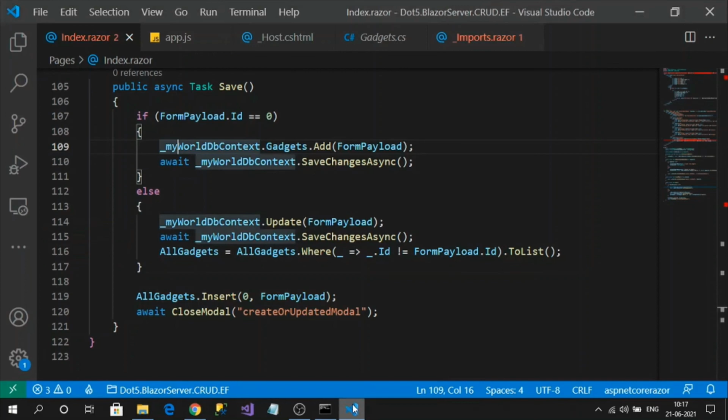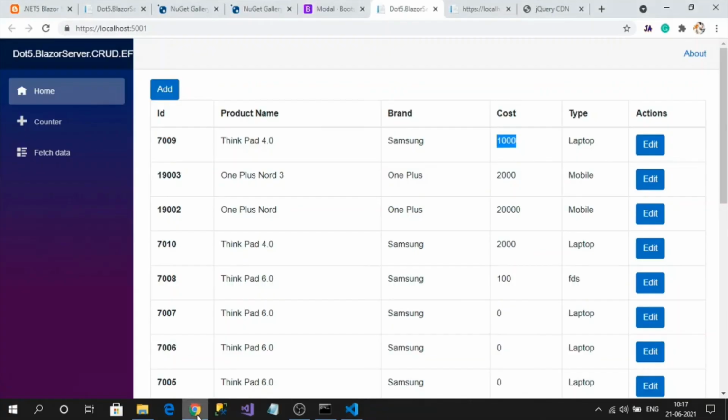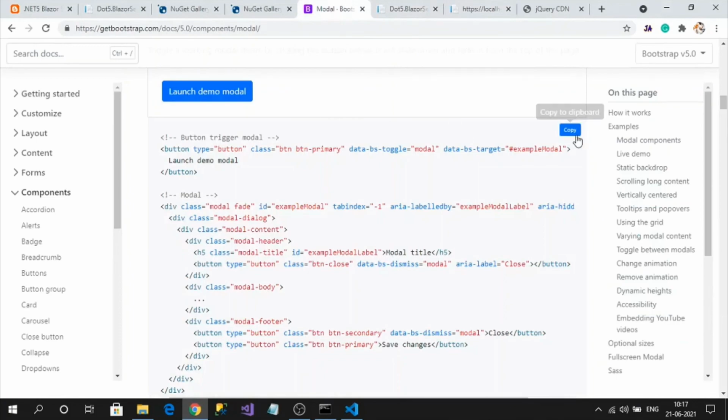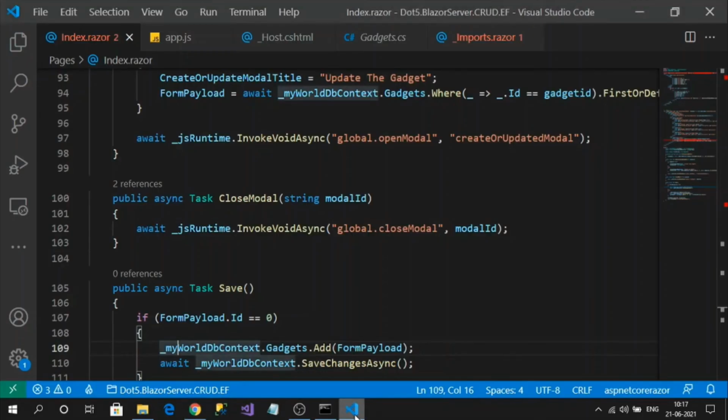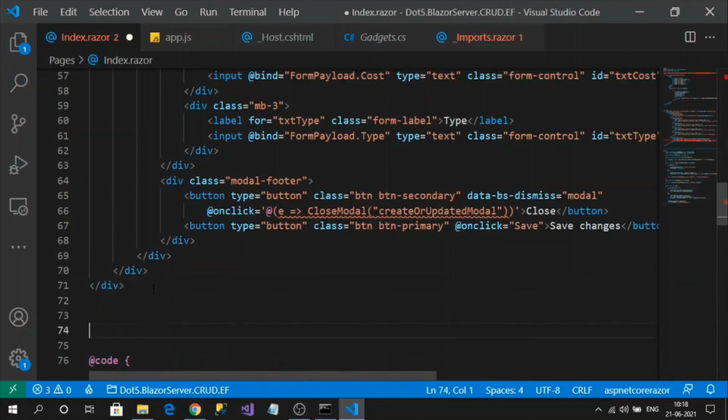So for delete, to delete I want to add another bootstrap model for confirmation. Like, do you want to delete or not. So for that, let's add one more bootstrap model. Go here and copy this. Again, the same bootstrap model, but this is for deletion.